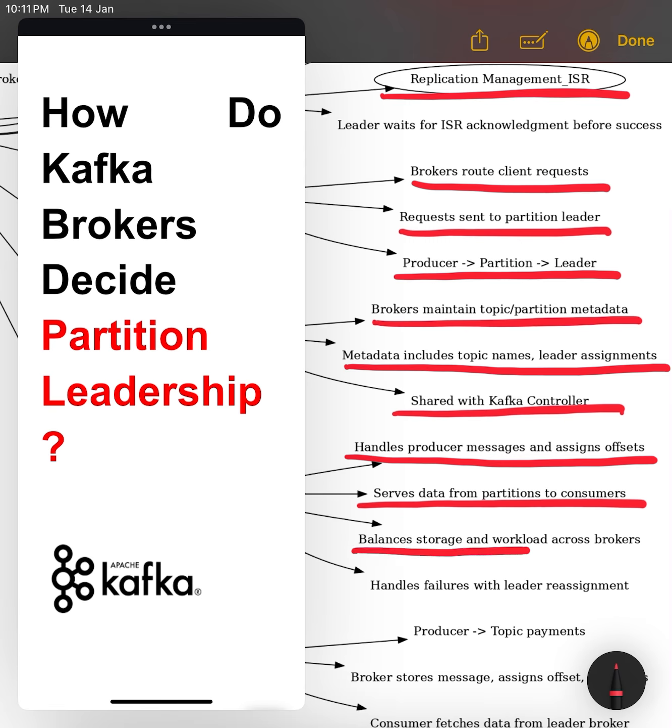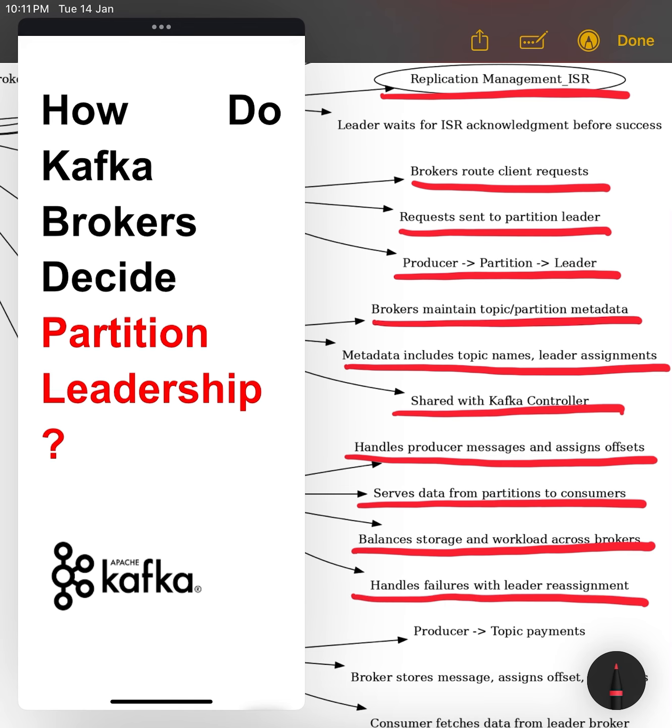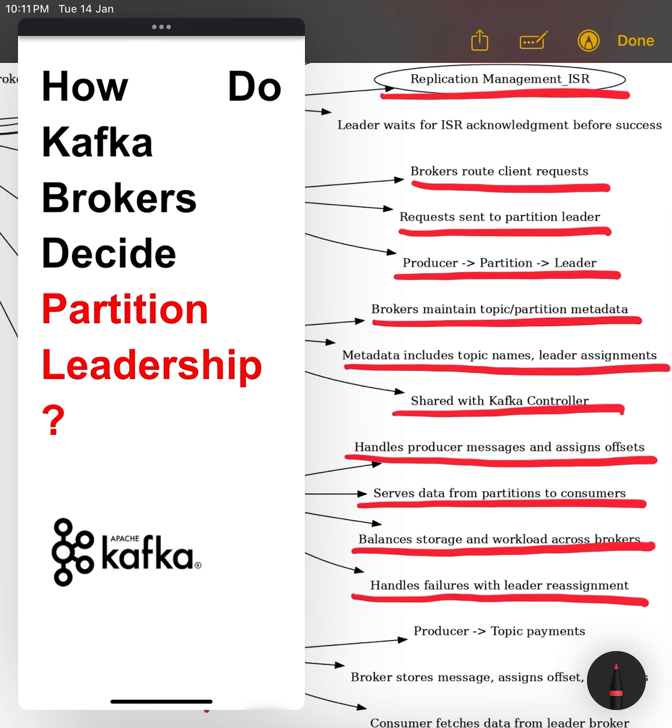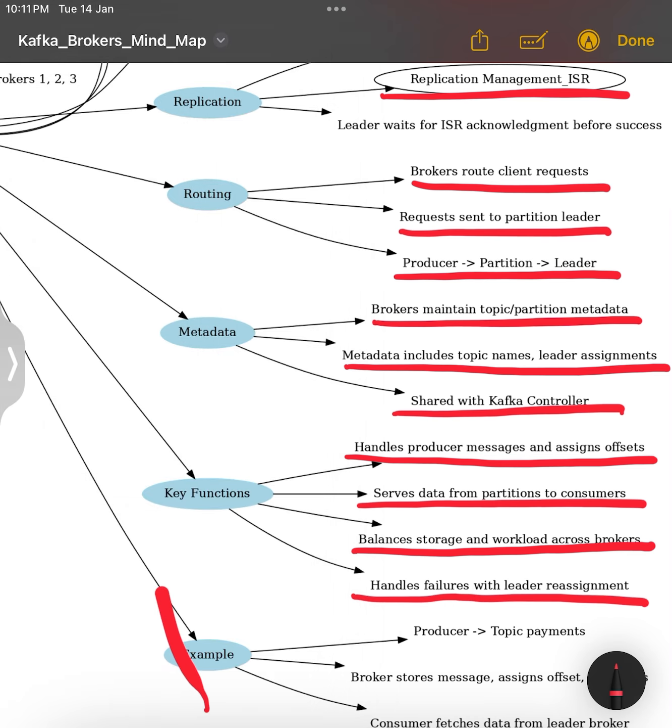3. Load balancing. Partitions are distributed across brokers to balance storage and workload. New brokers can be added to the cluster and partitions can be rebalanced. 4. Failure handling. If a broker hosting a partition leader fails, the Kafka controller reassigns the leader role to a follower in the